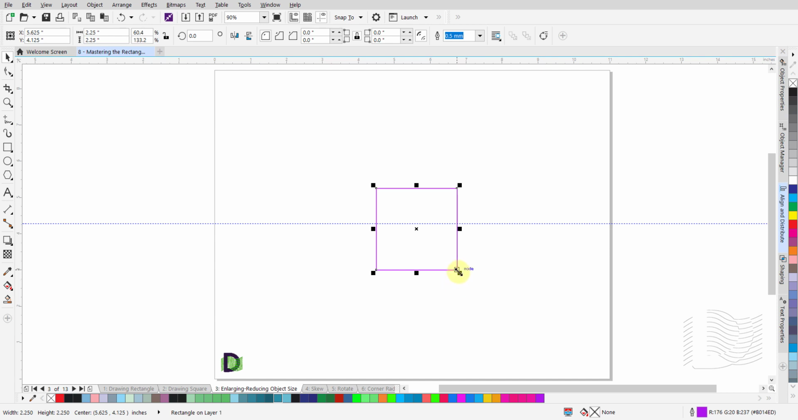Left-click and hold on one of the black squares on the corners and then press and hold the Shift key. Pull the selected object diagonally outwards or push it diagonally inwards. Notice that the object increases or decreases in size while holding the anchor point in the center of the object. Similarly,